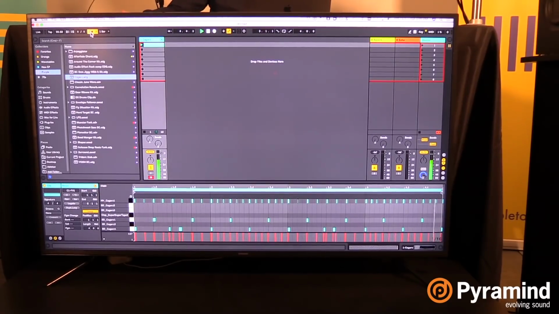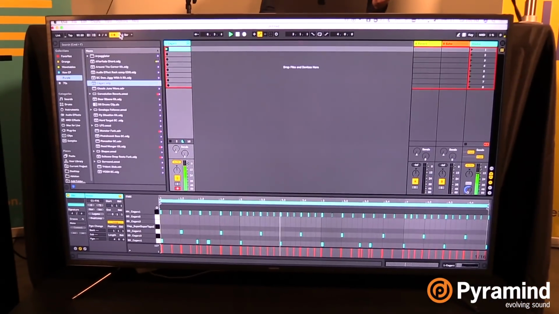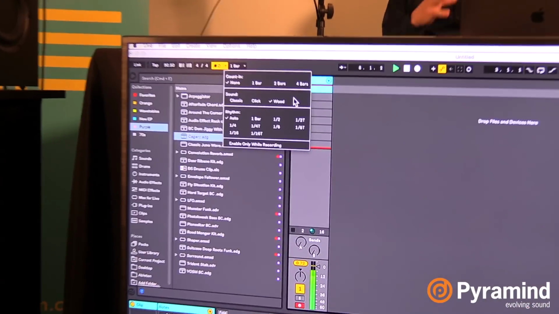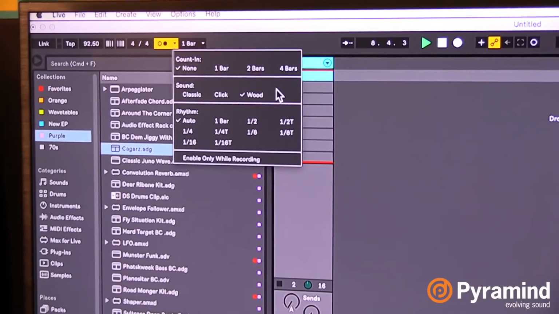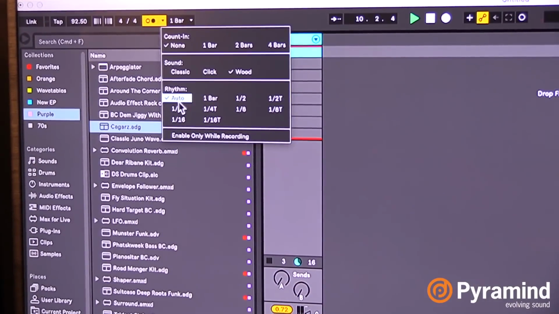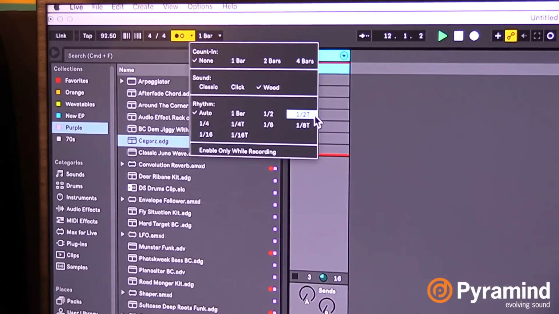Now while we're here, you might notice that the metronome sounds a little bit different, and that's because we've updated the metronome in Live 10. So now you have a choice from a range of different sounds. So if you've gotten a little tired of the old classic click sound, you can spice it up a little. But it's not just new sounds, we've also radically improved the different tempos and intervals that you can work with